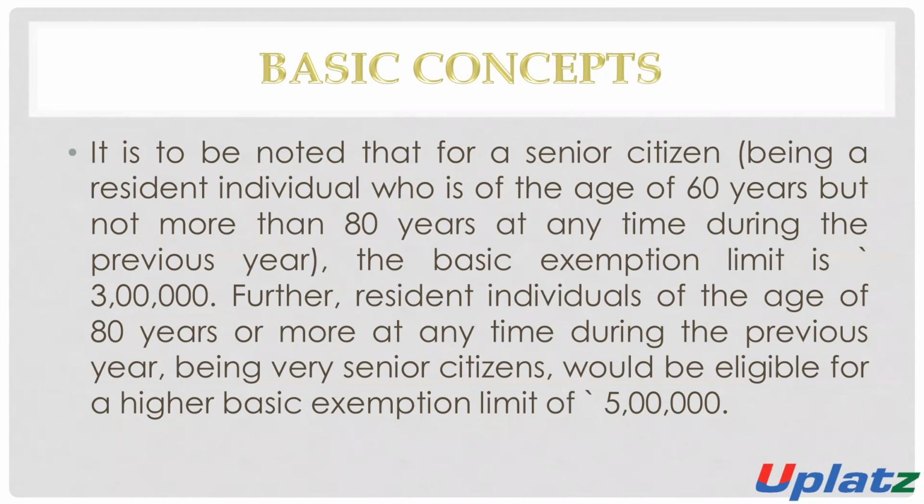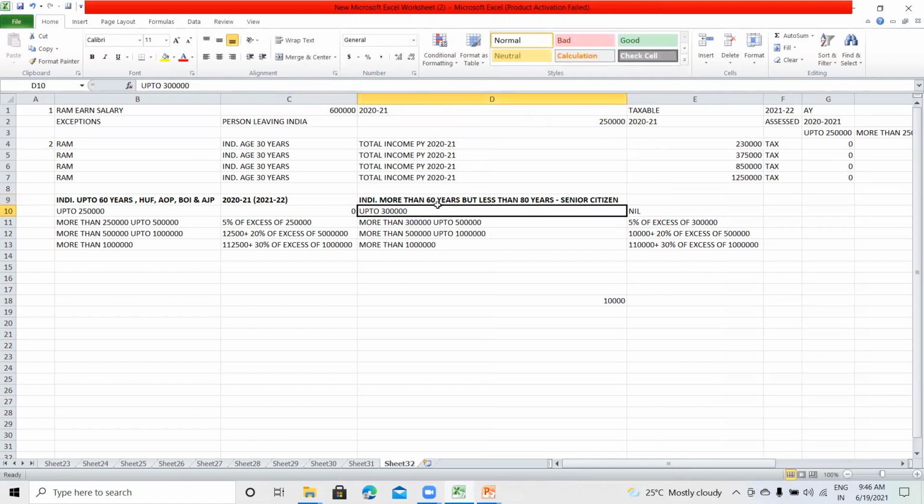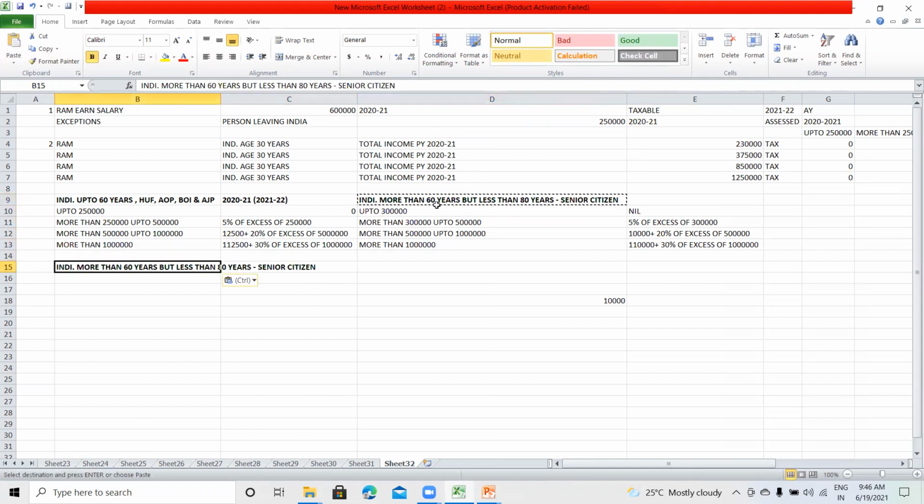Further, a person who is a resident of India and whose age is 80 years or more is a super senior citizen. A senior citizen is a person whose age is 60 years or more but less than 80 years. In the case of an individual whose age is 80 years or more than 80 years,